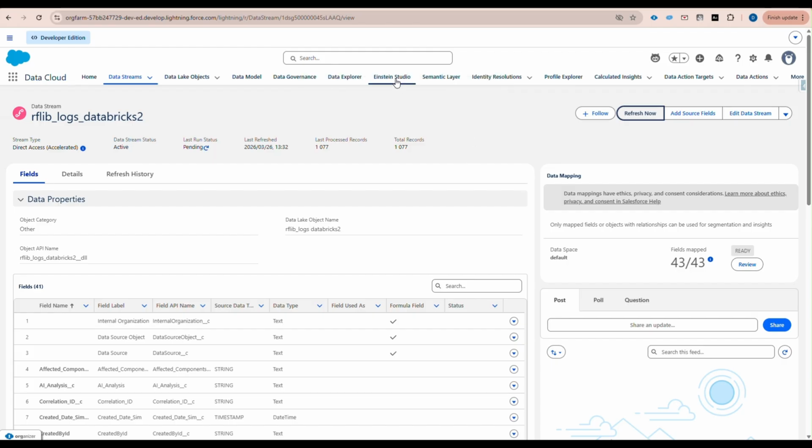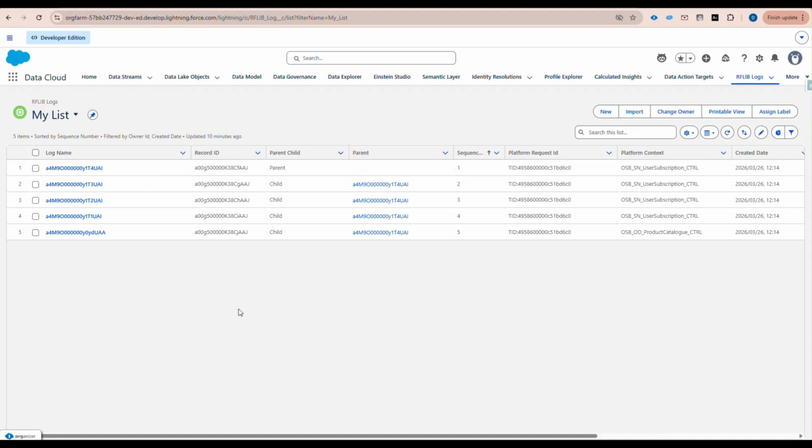So I'm also just going to pause the video here. Okay, now we see that it's updated with the 5 records. So it's ingested the data from Databricks, which is pretty cool. So if we go back to our Salesforce instance,